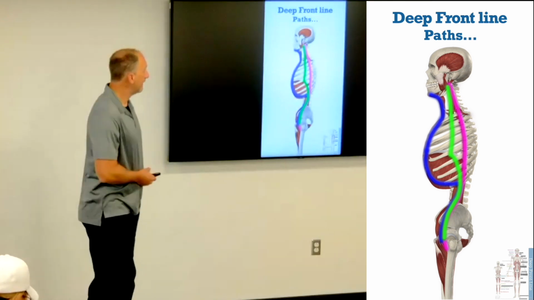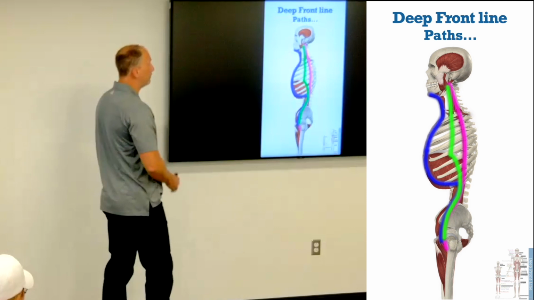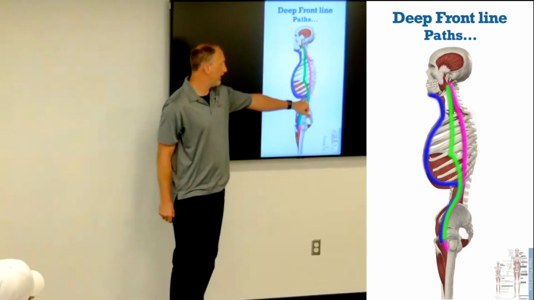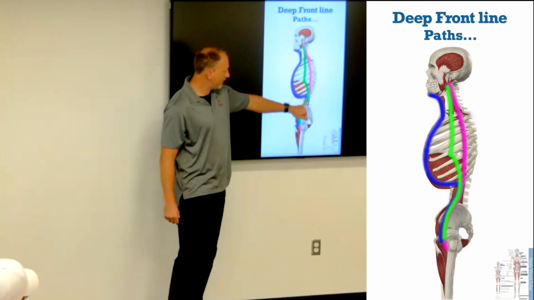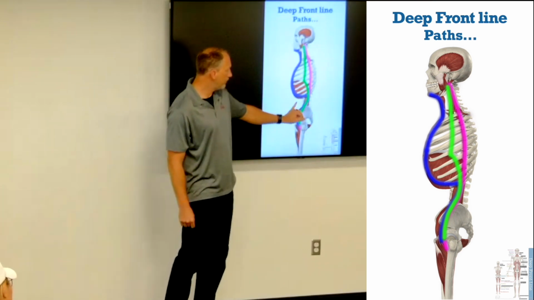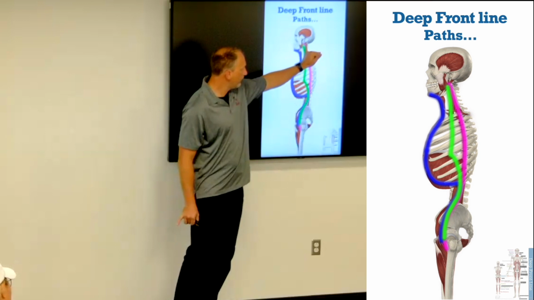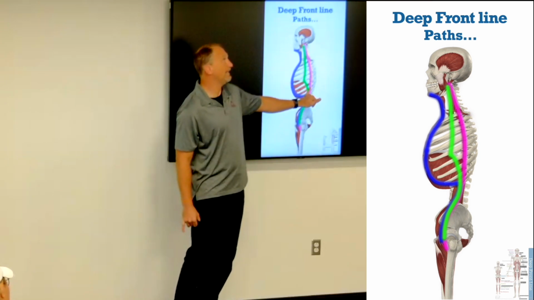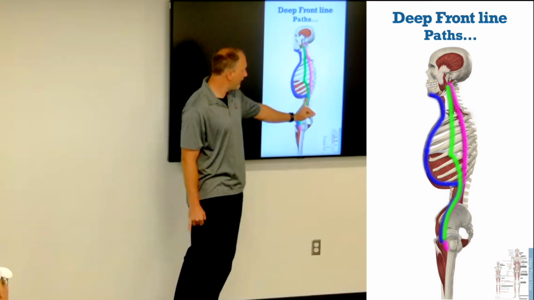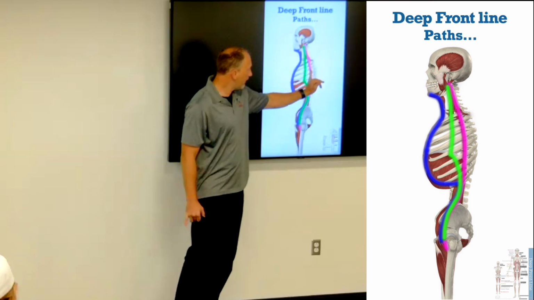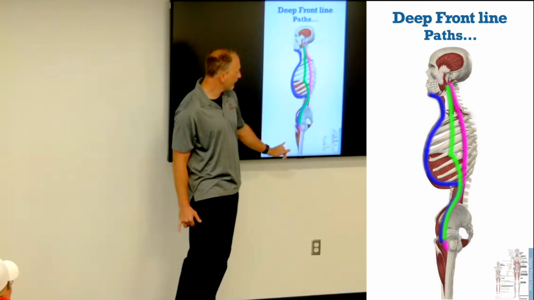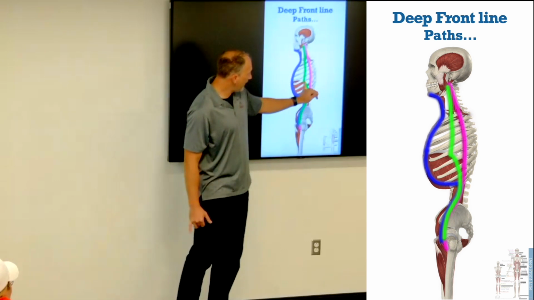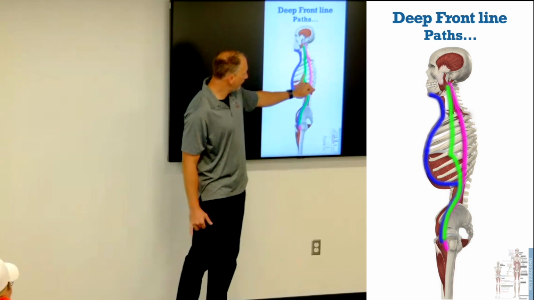Deep front line, it gets kind of confusing. It's kind of like a choose your own adventure book when you get up to the psoas. Yeah, and I said psoas because I like doing that sometimes. When you get up to the psoas, it's kind of like a choose your own adventure book. You can go through that anterior longitudinal ligament and keep the forces in direct contact with the anterior portion of the vertebrae. You can come up through the diaphragm, up through the parietal,